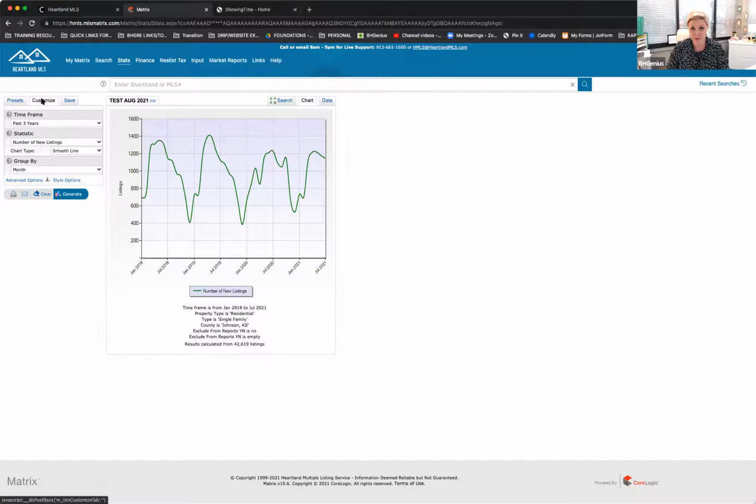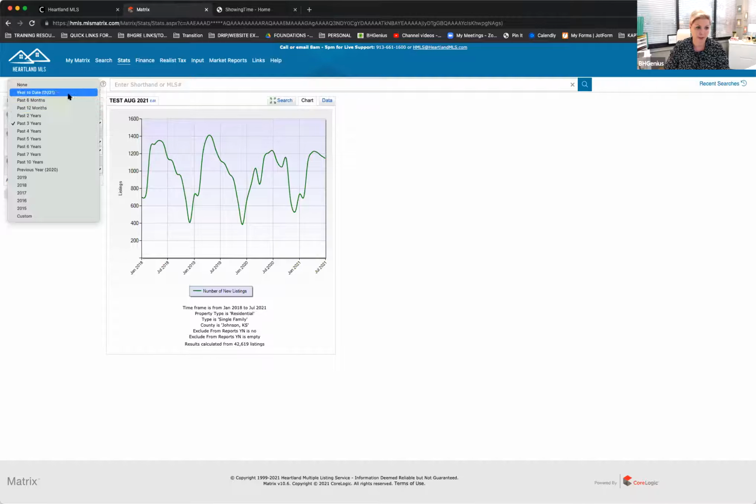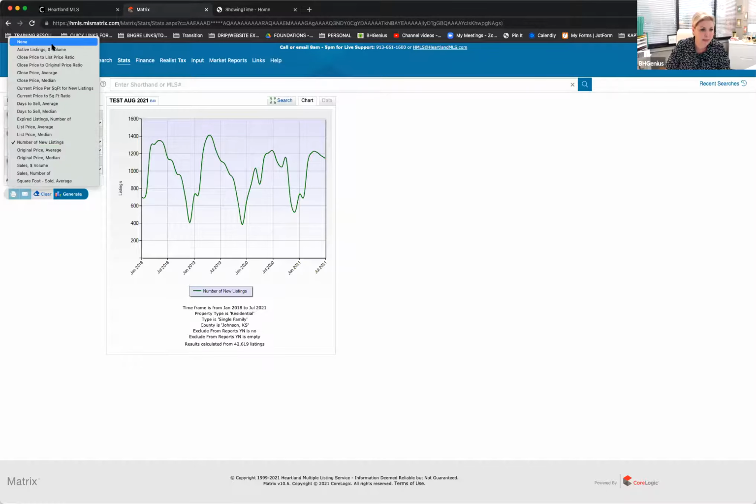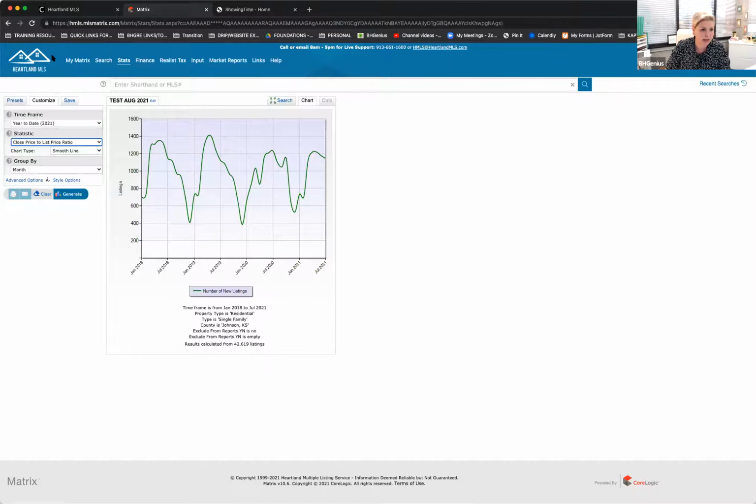So you can overlay, but you can't overlay the criteria. You can overlay, they've got some presets that you can overlay. So if I wanted to overlay, let's just do this. That way we don't get too crazy here. Let's go back to our year to date on this. If I want number of new listings, and then it should give me, in some of these, it'll give me